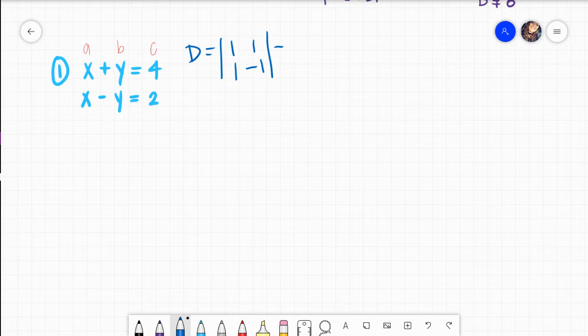I would do 1 times negative 1, subtract from that 1 times 1. Okay, so what I get here, 1 times 1 is 1. Signs are different, so it's negative. And then I have 1 times 1 is 1. Those signs are also different, so it's negative. Because those signs are the same, what I get,